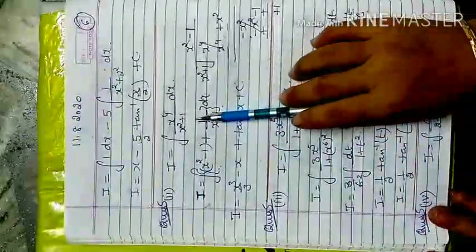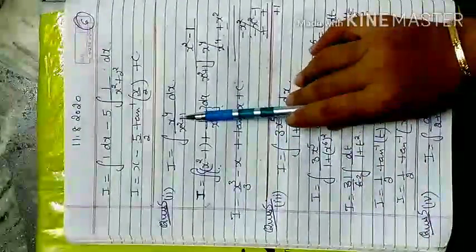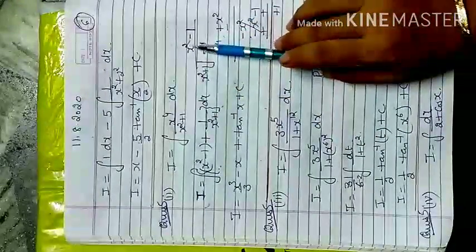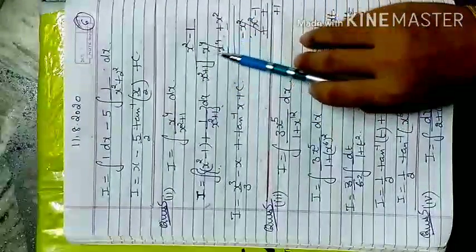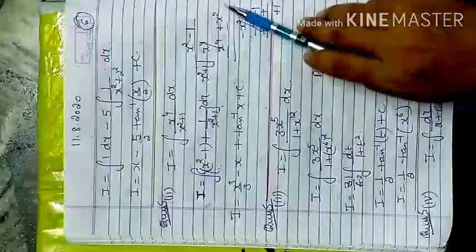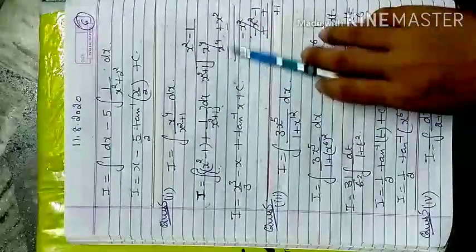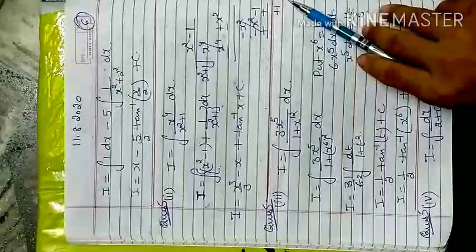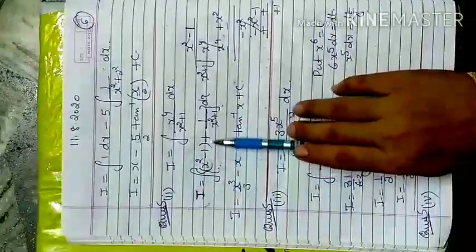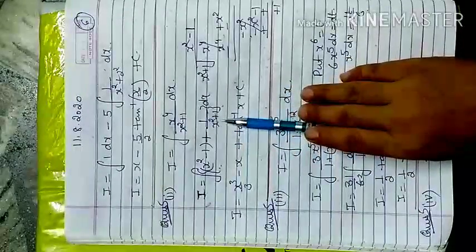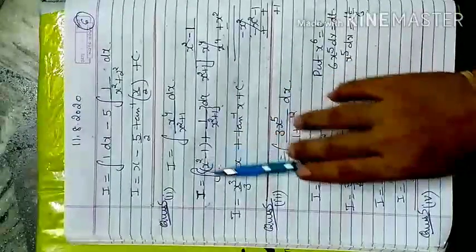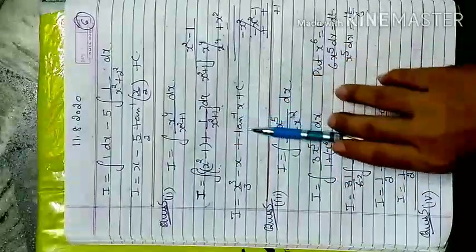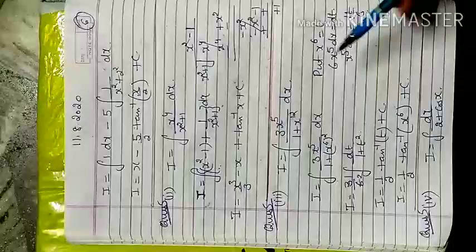Now fifth question, second part is: if your power is higher than the denominator, you have to divide it like this. This is the quotient: x square plus 1, first you have to remove x4, multiply by x square plus x square. By subtracting, x4 cancels, minus x square. Now minus 1 minus x square minus 1, and plus 1 is the remainder. So you will write quotient plus remainder upon divisor. Now quotient integration, x square is x cube by 3, minus 1 integration is minus x, and 1 upon x square plus 1 is tan inverse x. So that is my required answer.